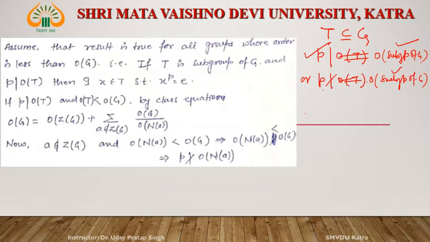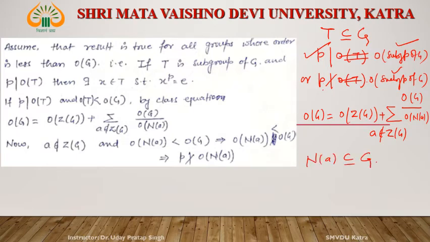If P does not divide the order of the subgroup of G, then apply the class theorem. What is the class equation? Order of G is equal to order of Z(G) plus the summation over a not in Z(G) of order of G divided by order of N(a). What is N(a)? N(a) is a subgroup of G. Apply this. If P does not divide the order of N(a), then